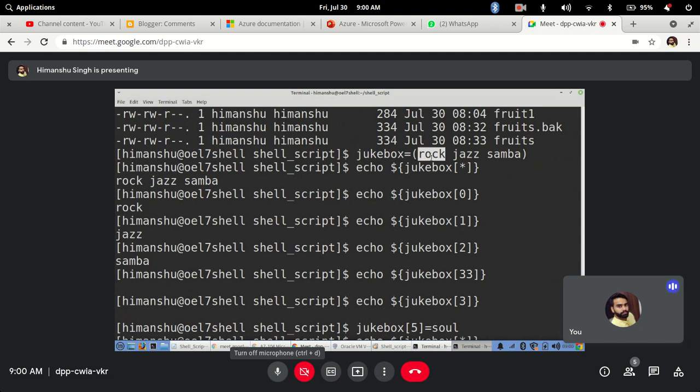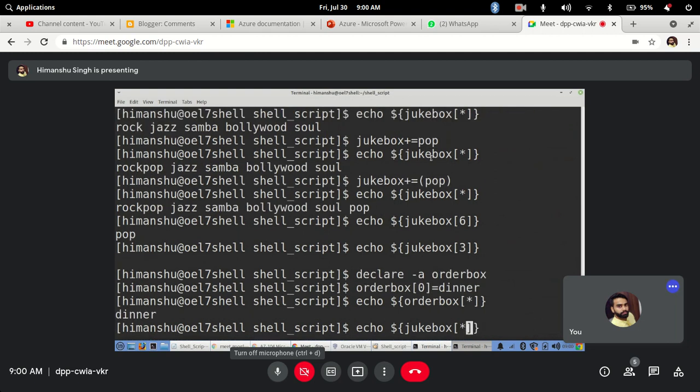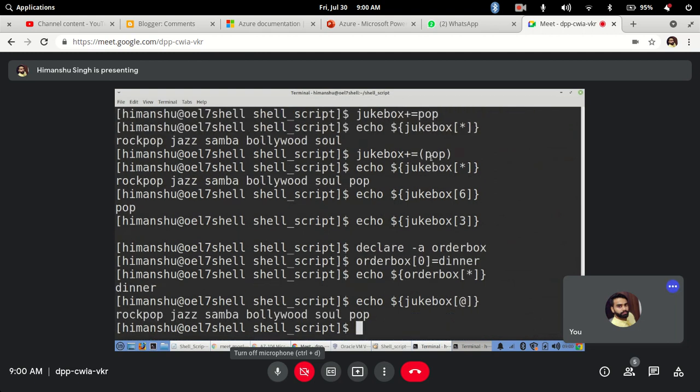Okay. So if you are using, let's say, star or at the rate, both are showing you the same thing, right? Jukebox was there, at the rate, both show the same. But the difference is there when you are trying to do a loop.